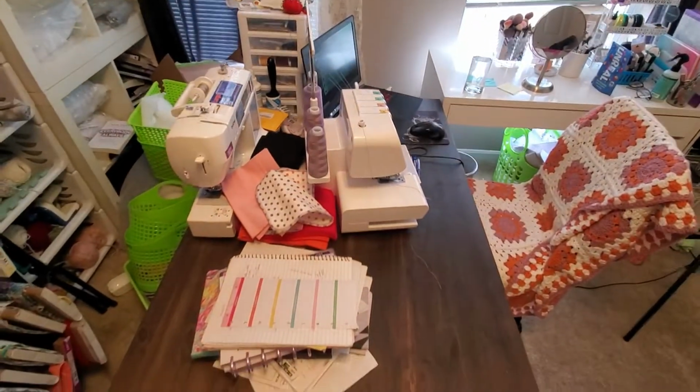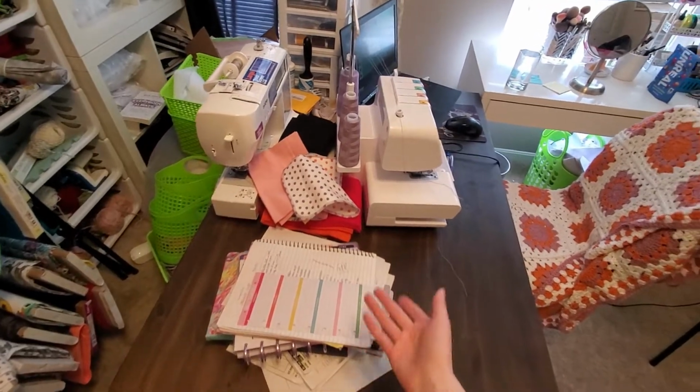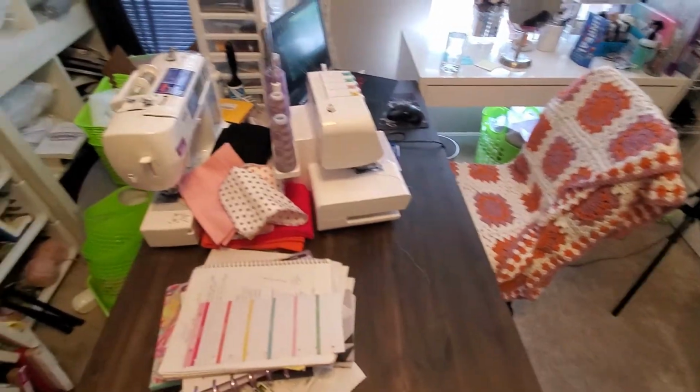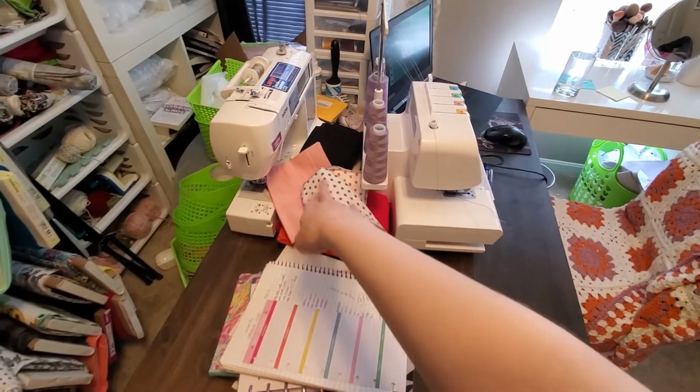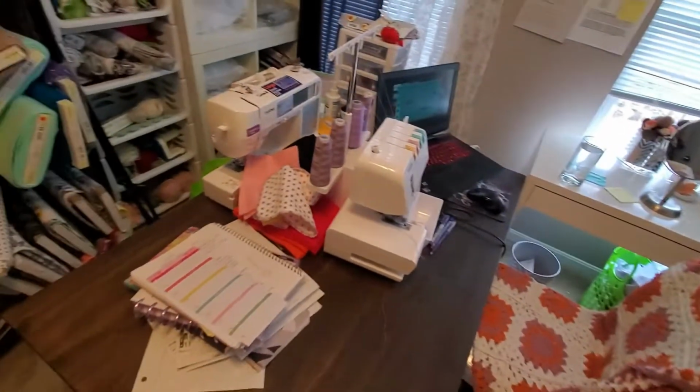Back around to the desk. This pile kind of stays. I just move it around. It's all my papers and my planner and notebooks and stuff. Those are cut wipes and some of them are sewn. I need to just move those over. I'm not sure if I want to try to keep...